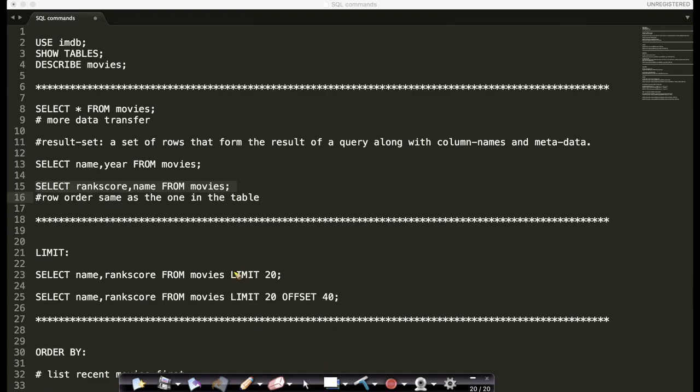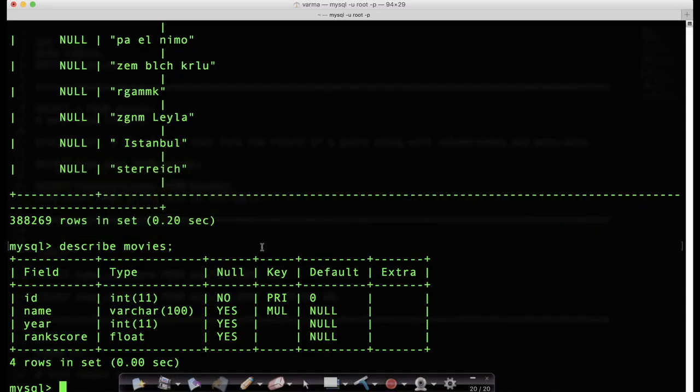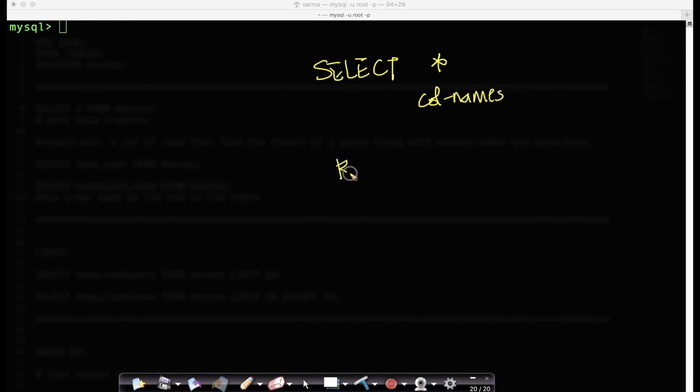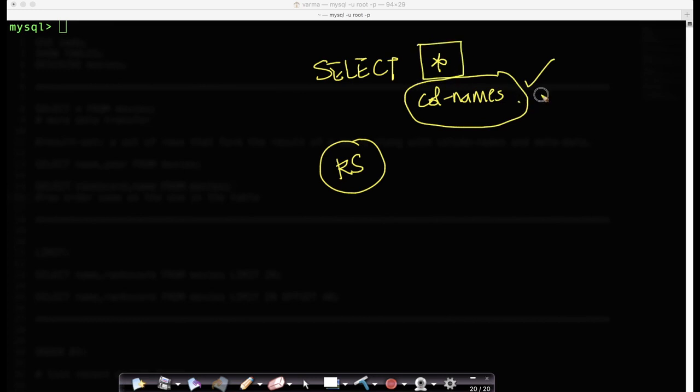Having understood this, now comes the next interesting question. So we've understood the very, very basic, extremely simple select queries till now. We have understood what star means, or the fact that we can use column names. We understood what a result set is. We understood row order preservation. And we said it's always good to use column names instead of star, because this will be faster, as there is less data that should be transferred. Very, very simple stuff. Select is the most used and the simplest